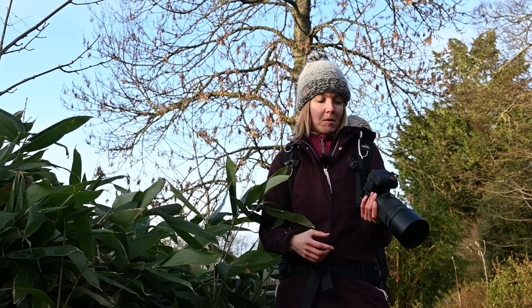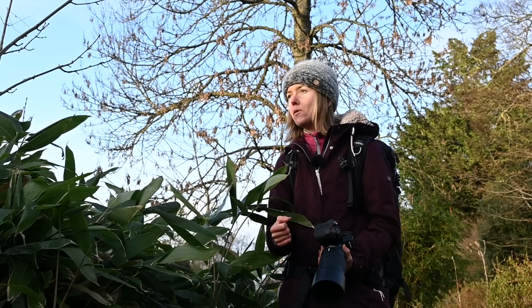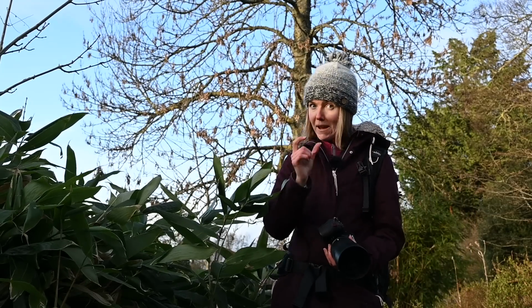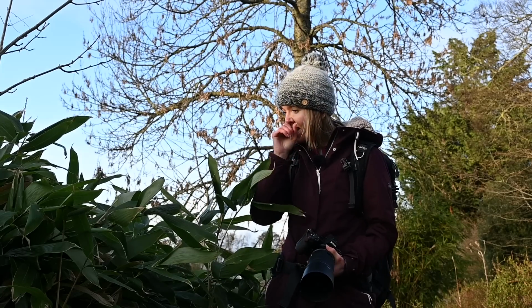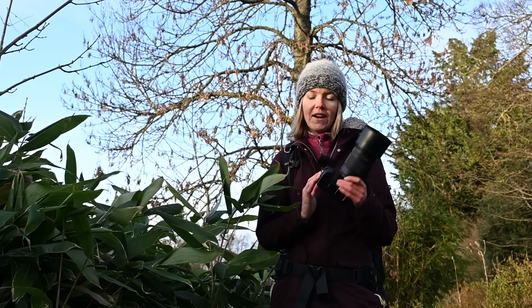Why am I putting the settings up and down to try and get a fast enough shutter speed and it's still not quite fast enough to freeze things in motion, forgetting that not only are we dealing with macro photography and minute detail, but it's also a bit windy today and things are moving around. Afternoons like this afternoon are the afternoons where often we can get really frustrated and annoyed with our cameras and